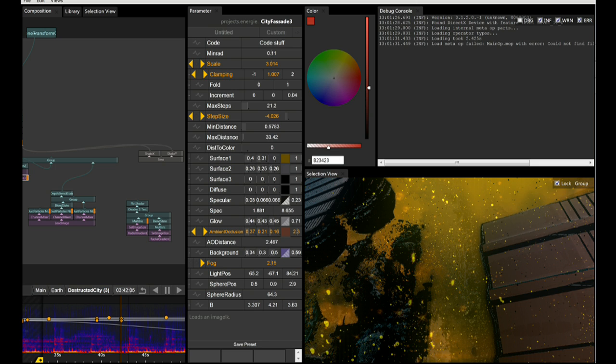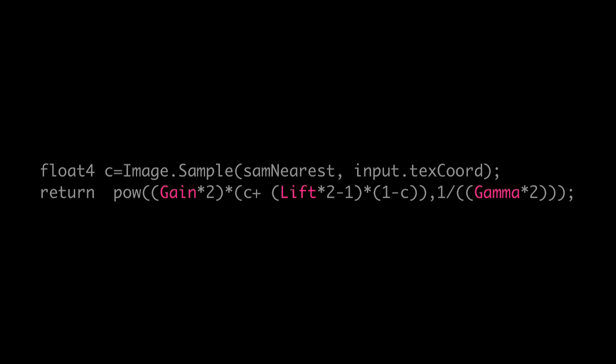Like you see, it's all colors. Everything that was in the shader that could be a color is a color, and I basically tweaked everything, like fog color, background color, and so on. And then I tried to apply my color correction node, and I couldn't find anything to correct because the footage was okay. So, yeah, and here's basically the shader line for the lift gamma gain